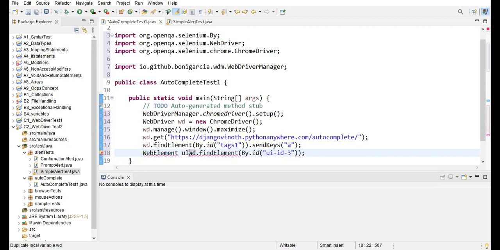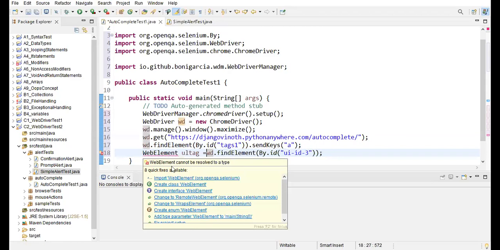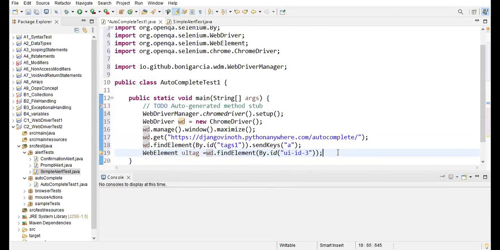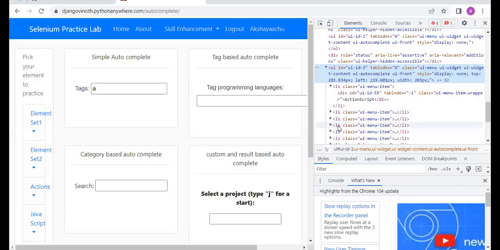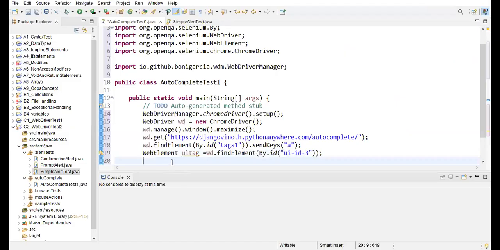Let's give the name as ulTag equal to; WebElement has to be imported. Now inside the ul tag we have all these li tags. How do we retrieve that? So ulTag dot